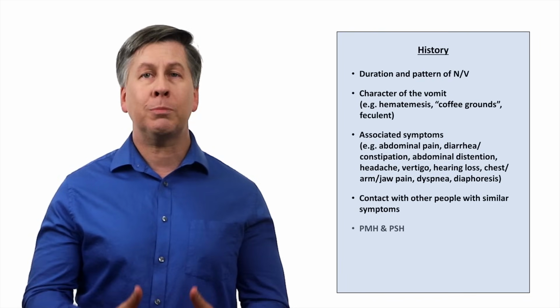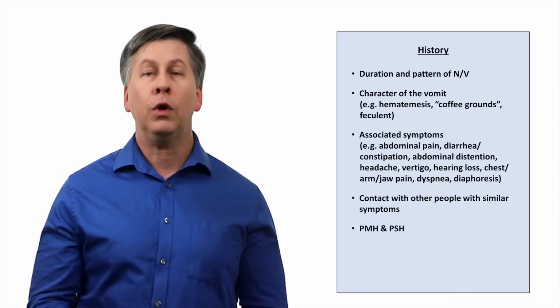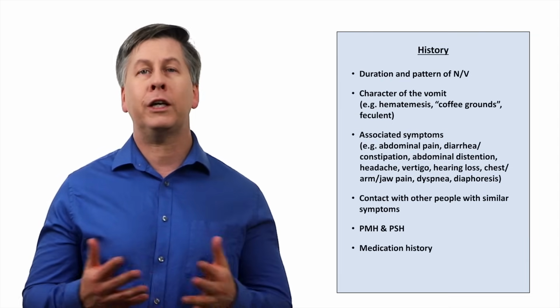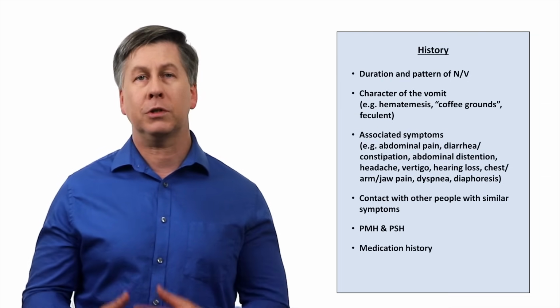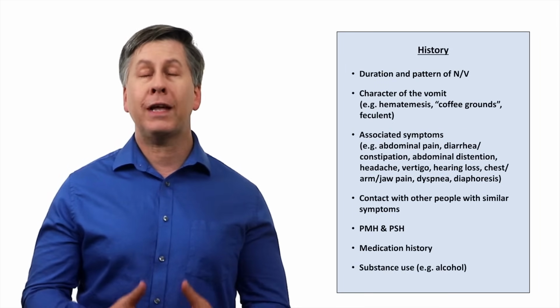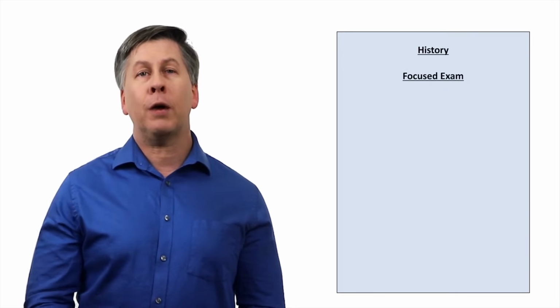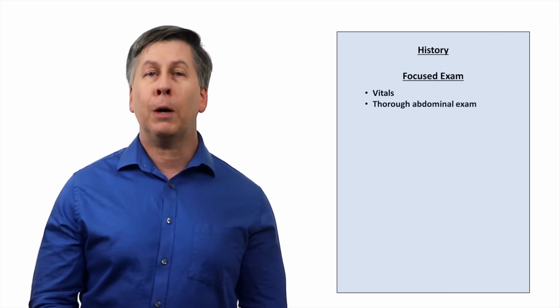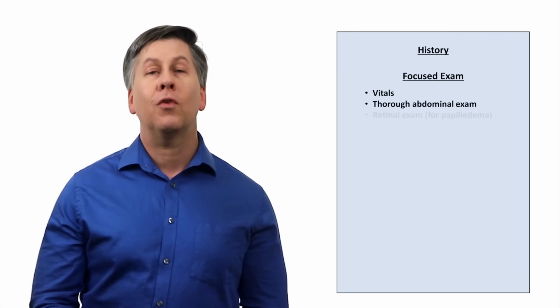Obviously, ask about their past medical and surgical histories. What meds are they currently on, focusing on changes in the days to weeks preceding the onset of symptoms? And ask about substance use, particularly alcohol. The focused exam in acute nausea and vomiting should include vitals, obviously a thorough abdominal exam, a retinal